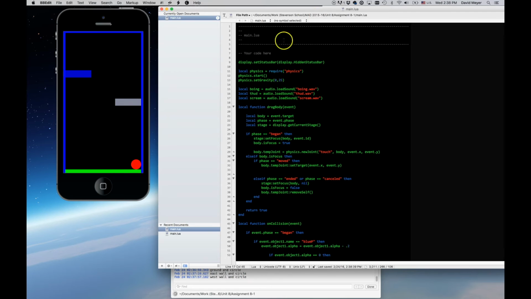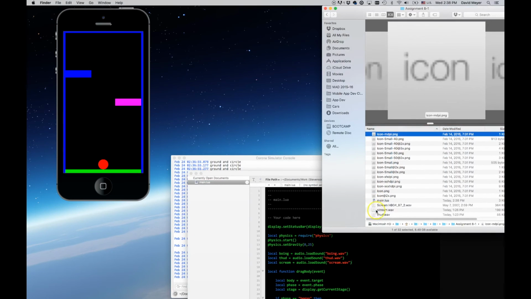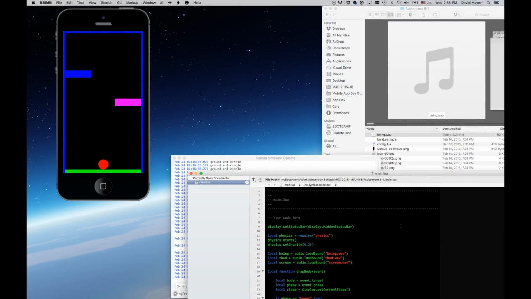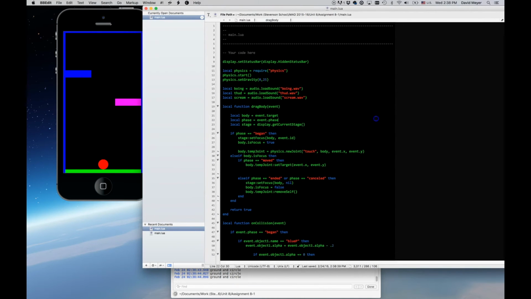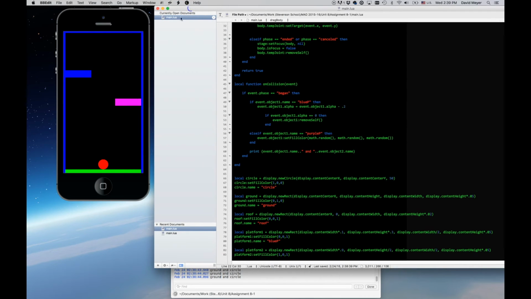Okay, so now we've instanced our sounds, and the sound files are in our project folder. Here's scream, here's thud, and there's boing. Okay, let's get back to our code. And we're going to put some audio play statements here in our onCollision function. So I told you that for the platforms, if this ball hits a platform, we want to hear a boing sound. So we're going to go into our section there where we say if